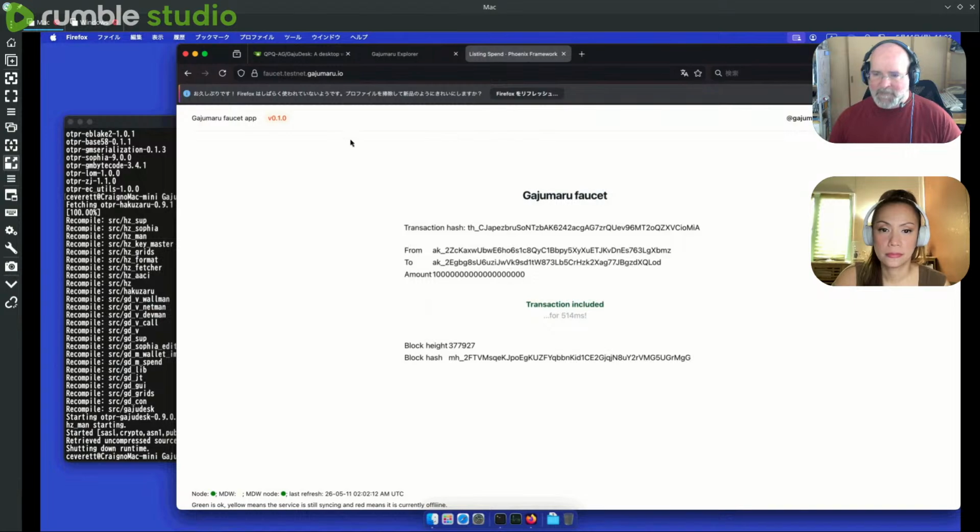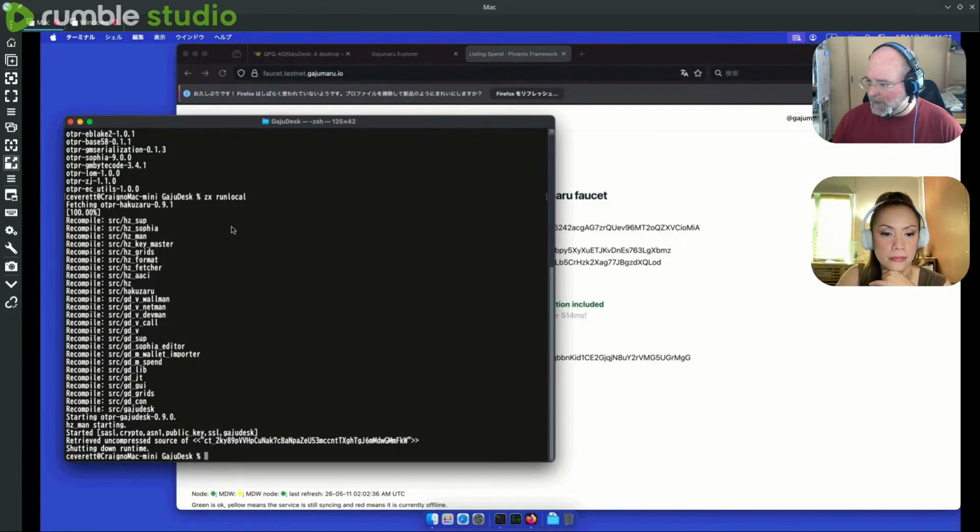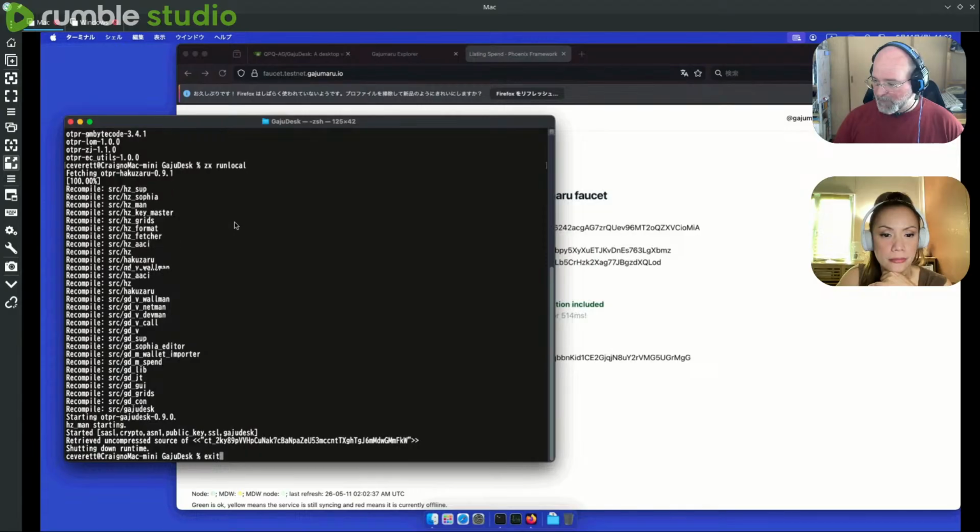What would take a little bit more time is if you're starting from scratch with no pre-built anything, then it would download every single dependency. There's quite a few dependencies on GajuDesk, and it takes maybe 5 seconds to build the whole thing. And 5 seconds is not long, but it feels long to people who are used to instant starts. So anyway, that worked pretty good. I'm happy with that.